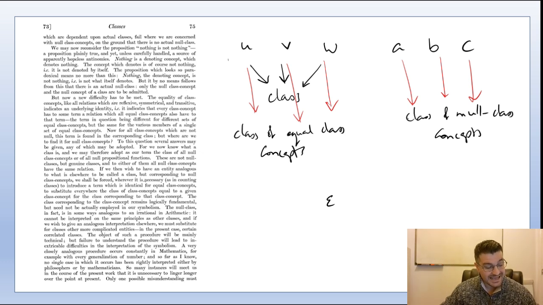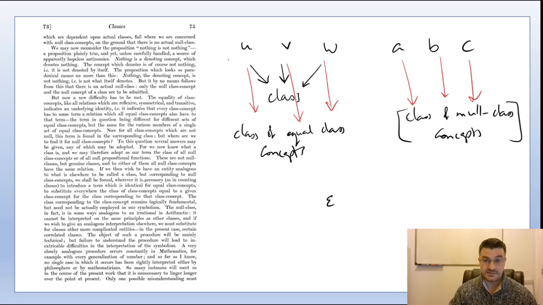So if we then wish to have an entity analogous to what is elsewhere called a class, but corresponding to null class concepts, we shall be forced, wherever it is necessary, as in counting classes, to introduce a term which is identical for equal class concepts, to substitute everywhere the class of class concepts equal to a given class concept for the class corresponding to that class concept. So we can substitute in